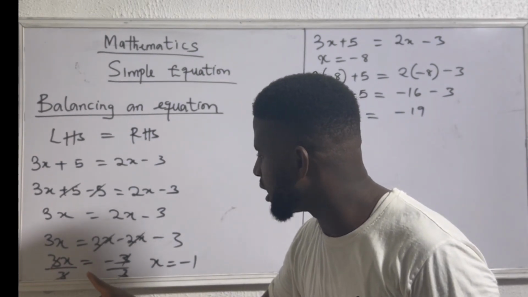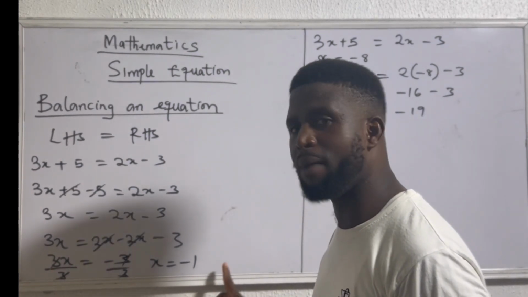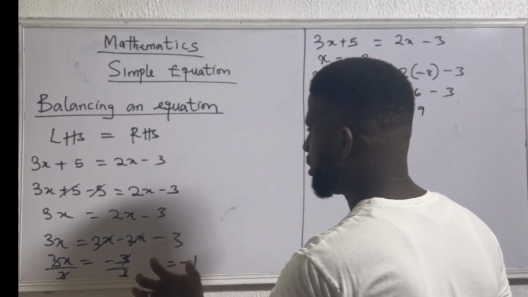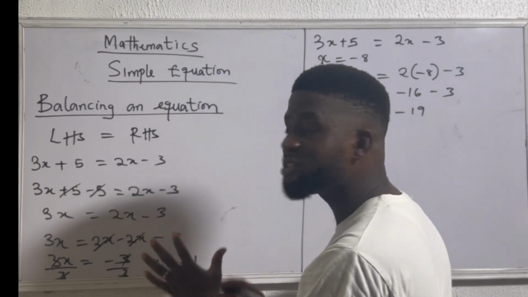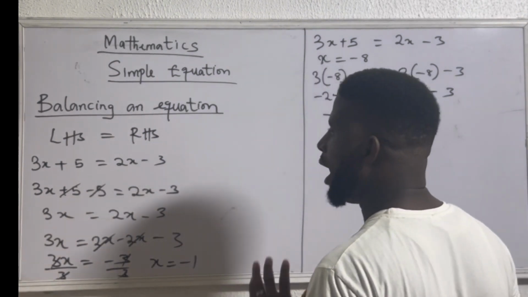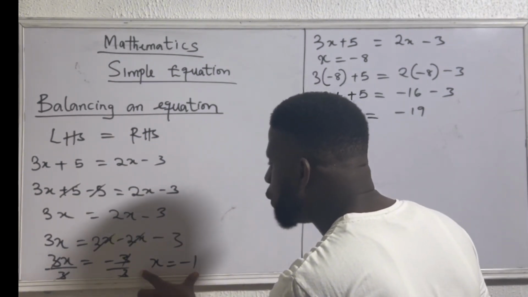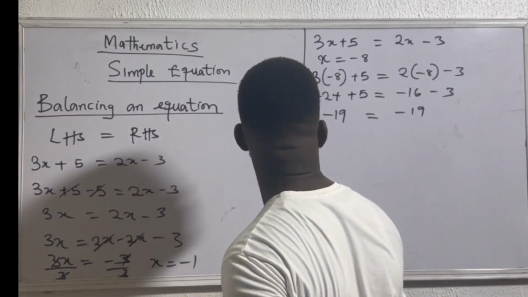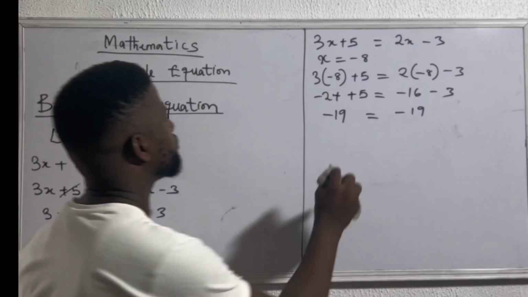So what did I get? I got x equal to minus 1. Now we want to confirm if the equation is balanced or not. Now, how do we do that? We substitute the value of the unknown variable x that we got into the equation, right? So that we will have